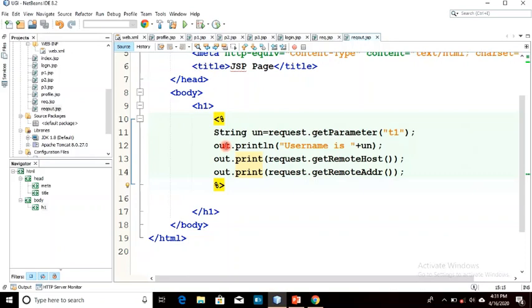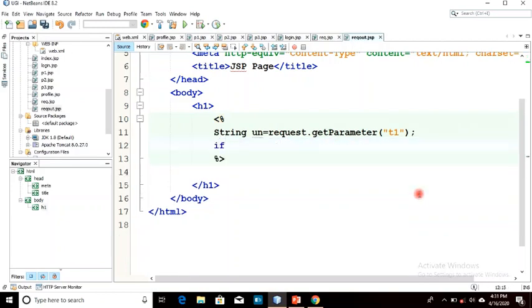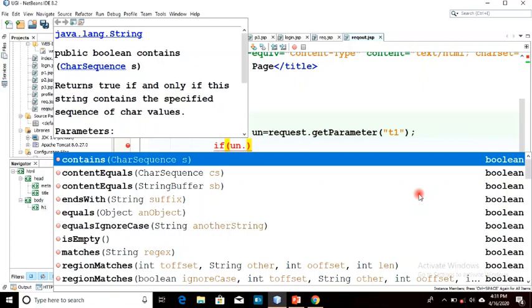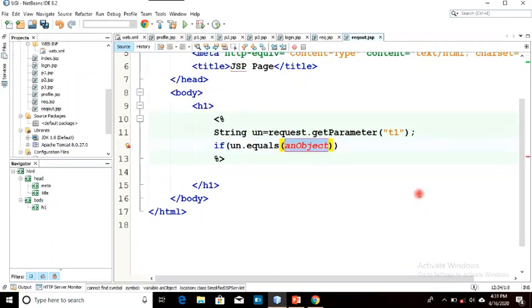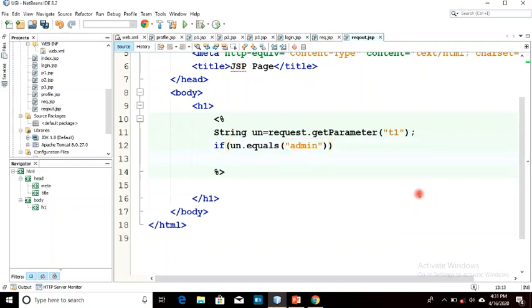Okay, so we will have a response implicit object. Let's do it. I am going to delete this code and I'm writing that if username is admin. Okay, so we have a response implicit object.